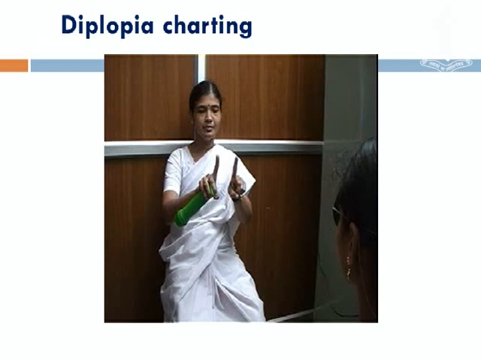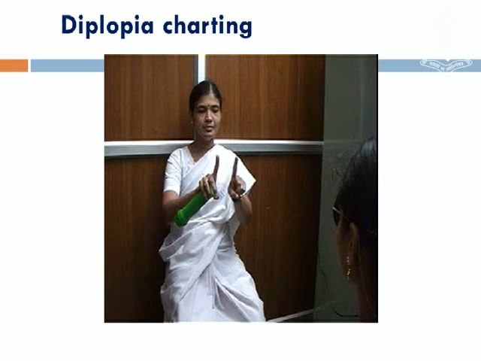This is simple, where the patient is made to wear the red and green goggles, and he is asked to say how much separation of the images on which side. That gives you a clue that this nerve is involved. There is a maximum of separation of images. Suppose you have a right lateral rectus palsy. The patient says, I have the maximum separation of images on my right gaze, that is on dextroversion. So you know this is how it is identified. Suppose you have a right superior oblique palsy, there is a maximum separation of images on left down gaze.